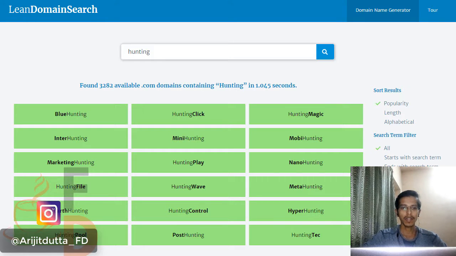Let's say you have a hunting website, your store name is something like mini hunting, and you used a domain name like hunting pool. That doesn't make sense. You have to be congruent in every single step that you take with your business. So if you choose a different domain name and shop name, people visiting your ad are going to see a domain name like hunting pool, and once they visit your website, it's going to have a different logo that says mini hunting.